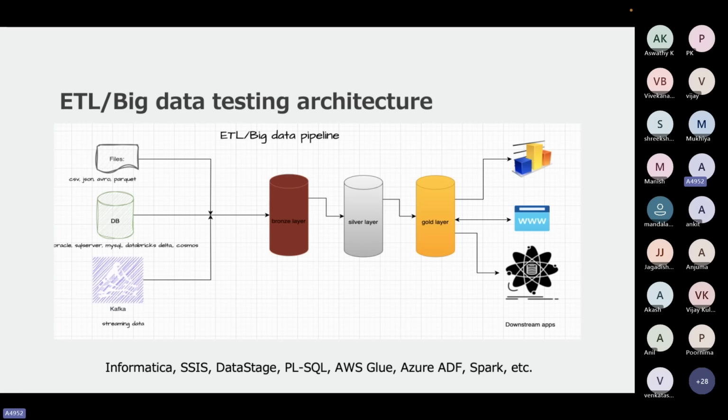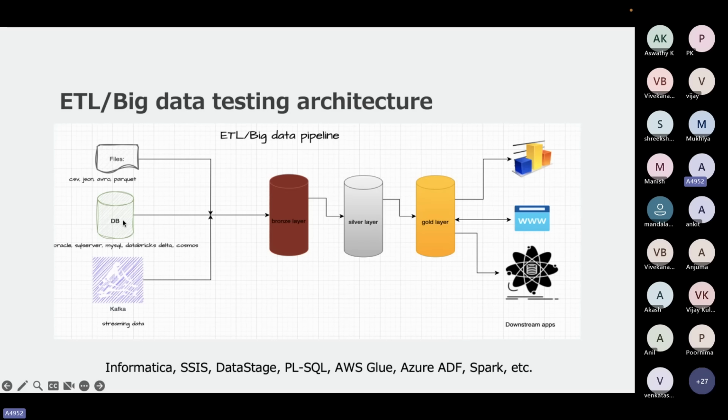If you go to any ETL project now, this is the typical architecture. It can be ETL or big data. On the left side, you see files. Under the files, you will see CSV, JSON, Avro, Parquet files, and you will also see Oracle, SQL Server, MySQL databases, Databricks Delta Table, Cosmos DB, DynamoDB, right?